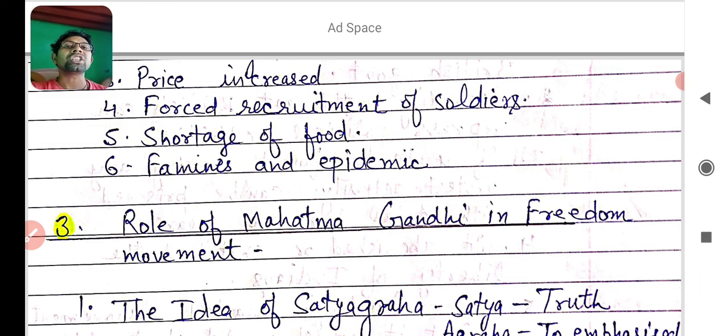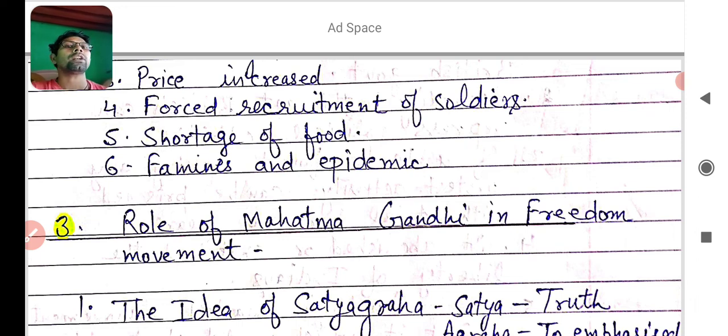So during this period, the First World War period, due to the droughts and famines and some other reasons, there was shortage of food in India. So that's why people were also blaming, or thinking, that the British government was responsible for shortage of food and such types of situations.